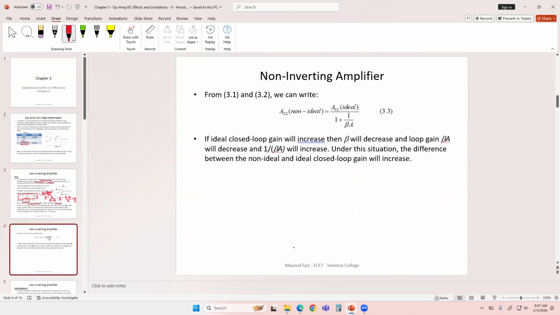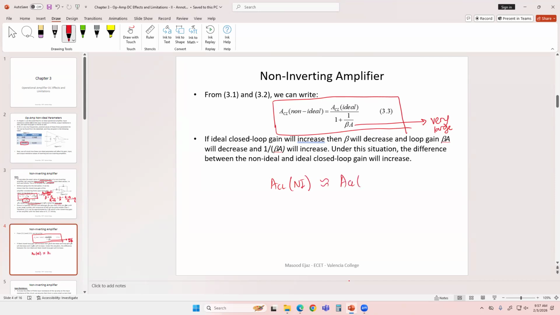So this is the expression that I showed you in the previous slide, ACL ideal over 1 plus beta A, and this beta A is very large. Therefore, 1 over beta A is quite small, which will give you ACL non-ideal to be approximately equal to ACL ideal,